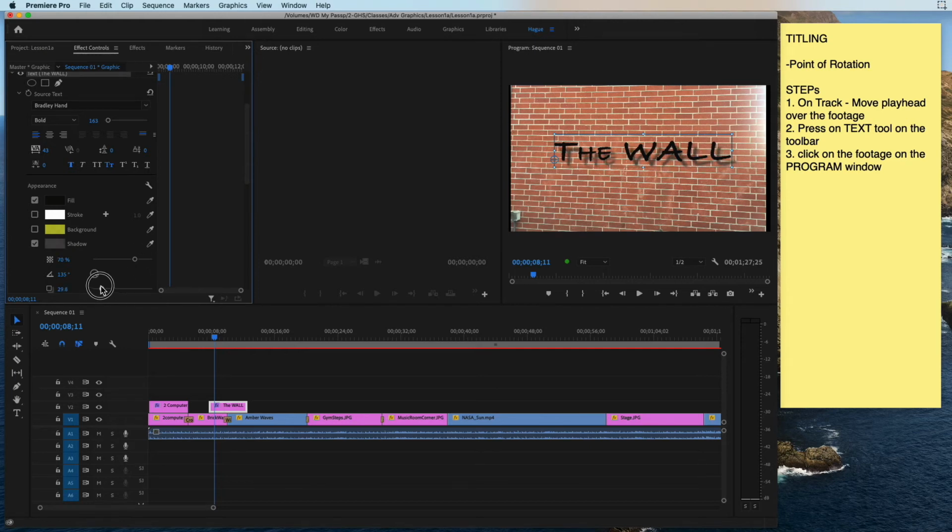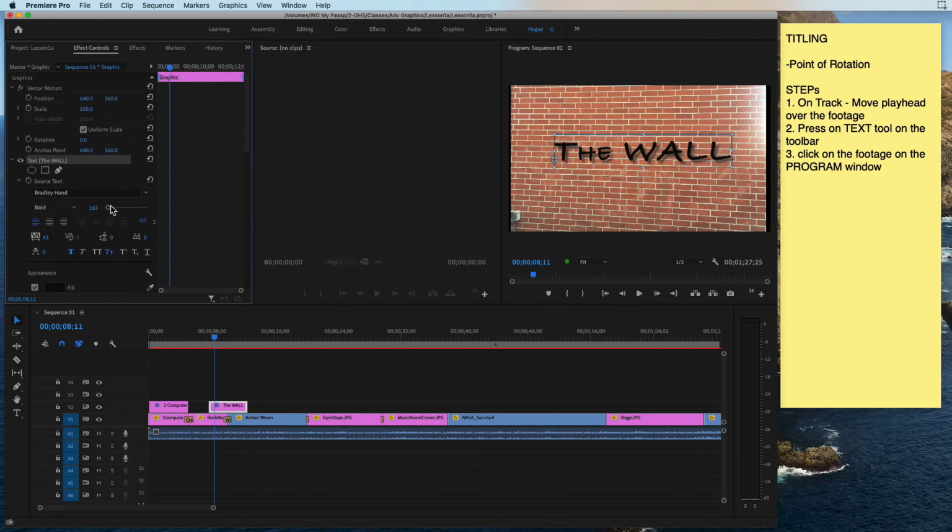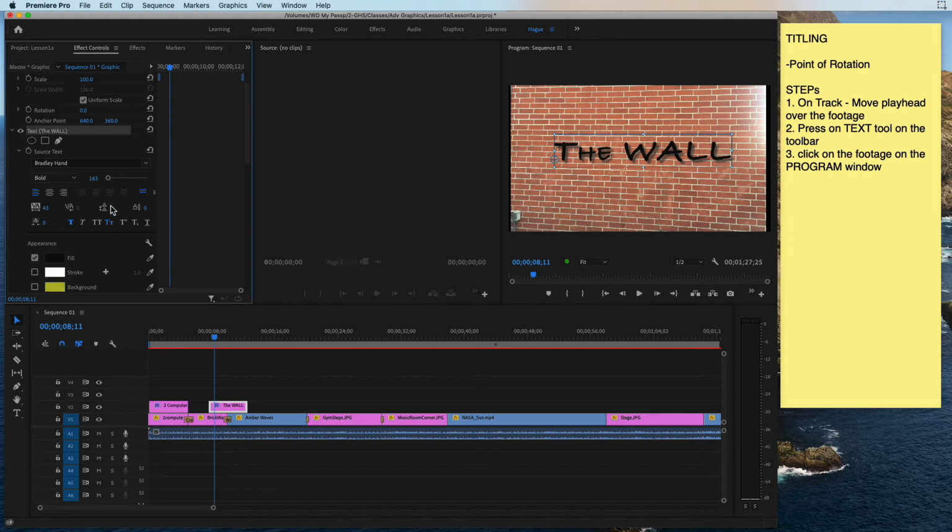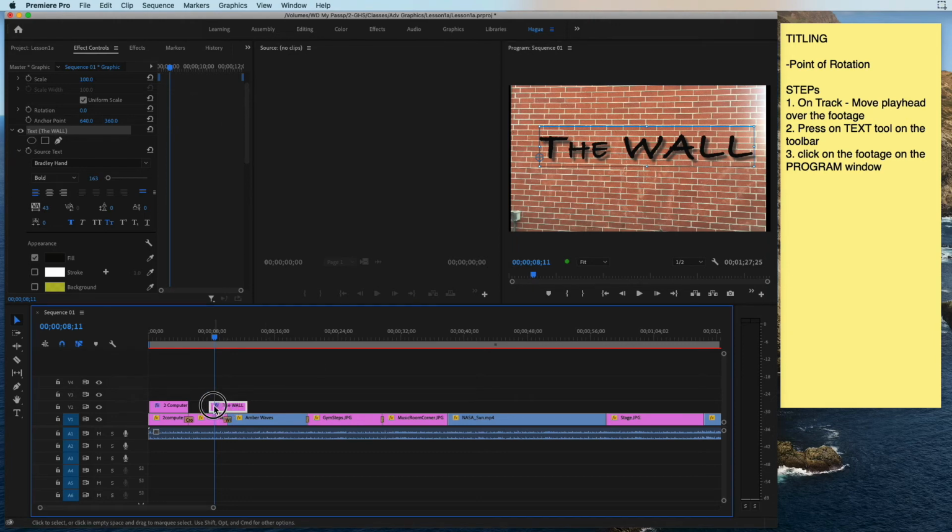Give it a little kind of a 3D effect. There we go. And again, you can do whatever you want with it. You can make it a different font, different size. You can actually make it really bigger if you like and move it over, and that's how I do it. Okay, and then notice here at the timeline you got to move it over a little bit,